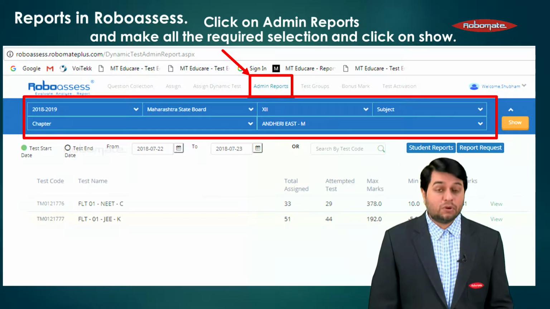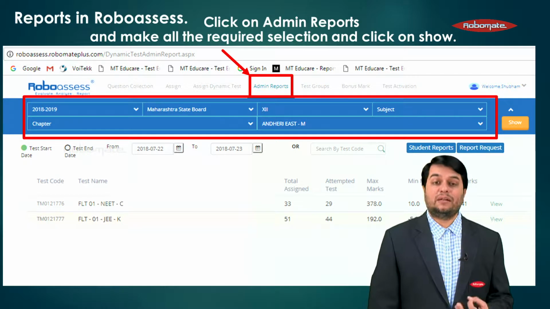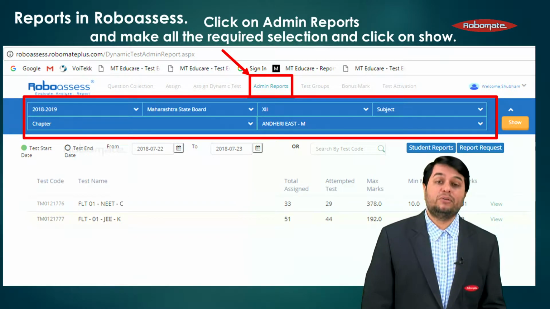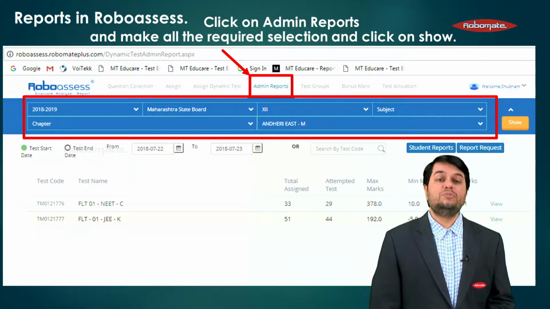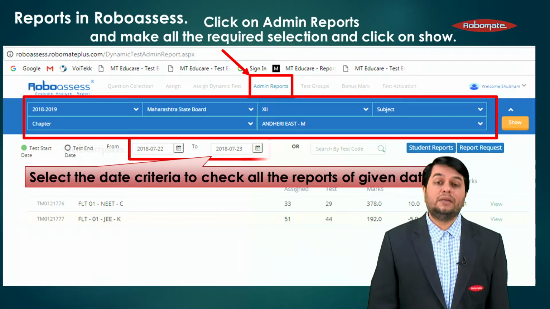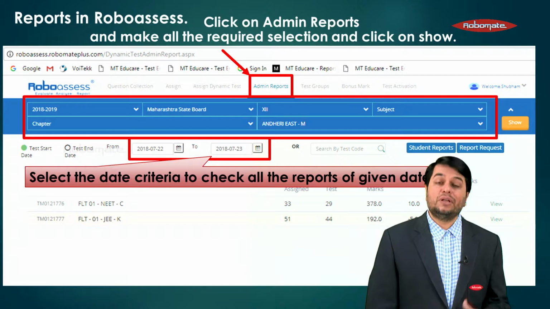year, the board for which the paper was assigned, the stream, that is 11th standard, 12th standard, the particular subject, chapter and so on, and also the particular branch for which he needs to see the test reports. Also, one more thing, the administrator needs to select a date range for which he needs to